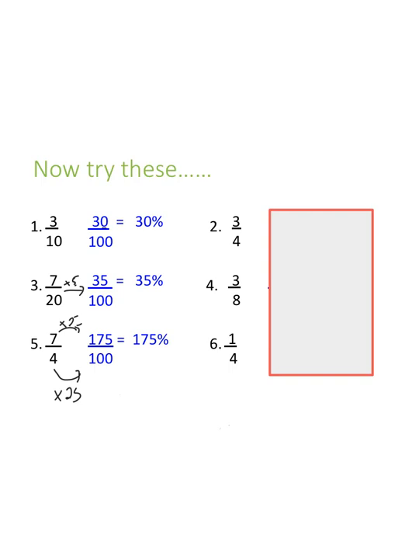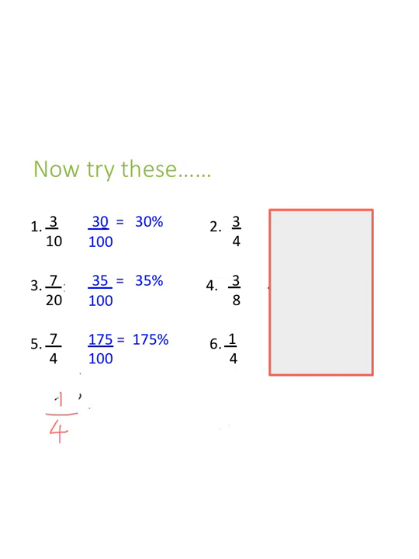Now, question 4 was slightly different in that 8 is not a factor of 100, but it is one worth remembering how to do. It's one worth just listening carefully at. Now we know that if we've got 1/4,